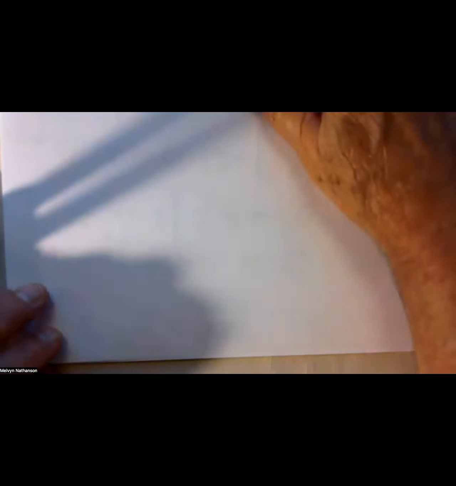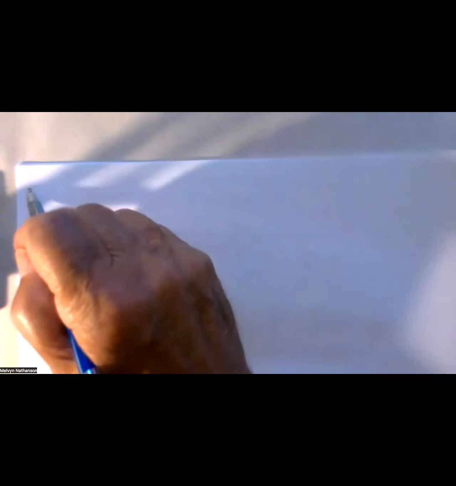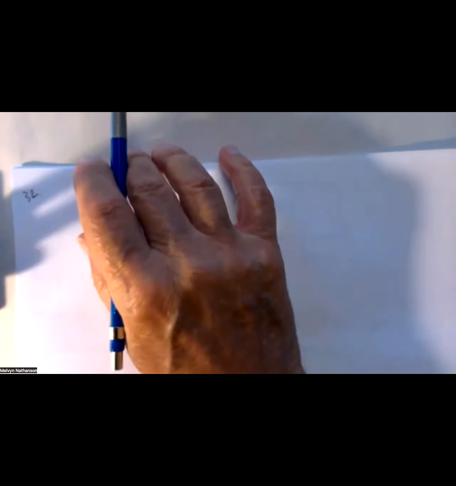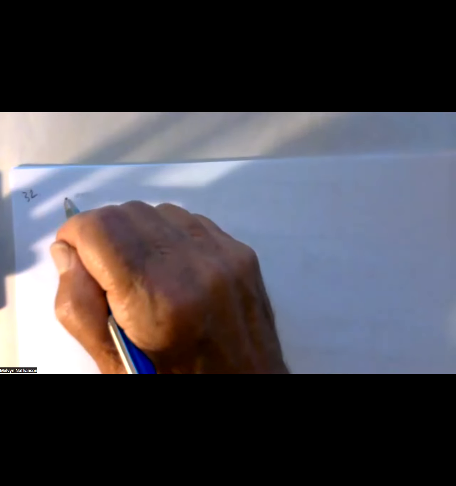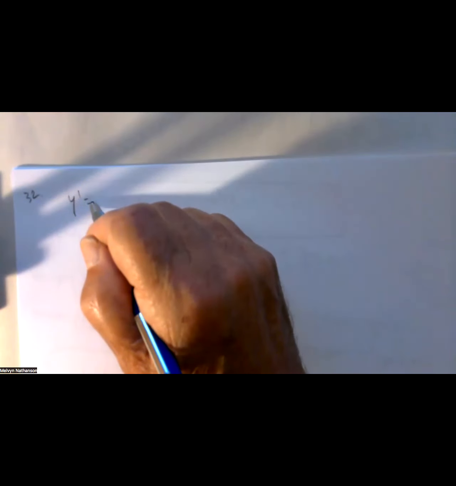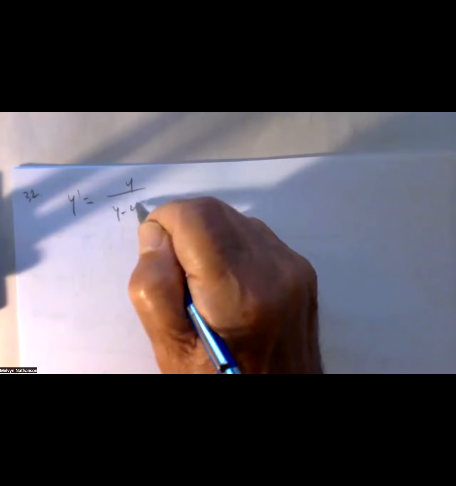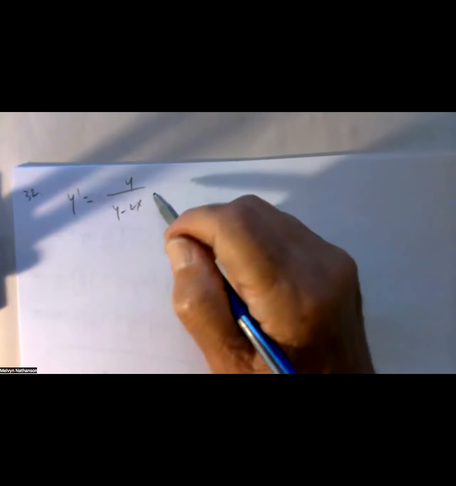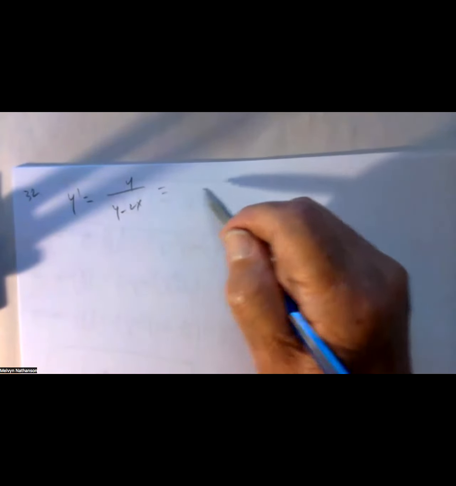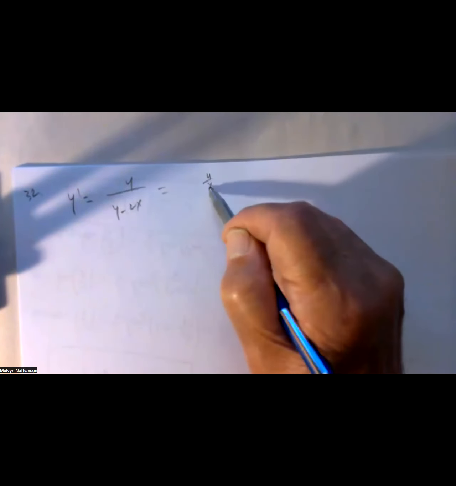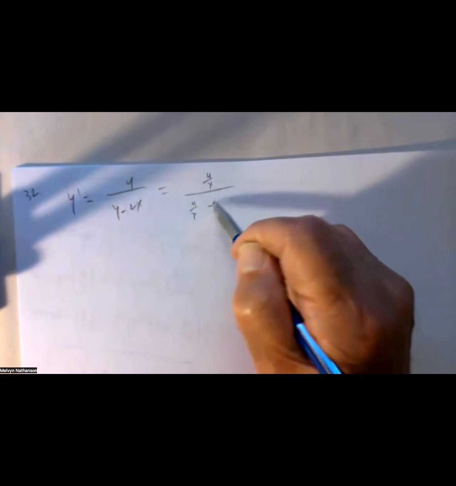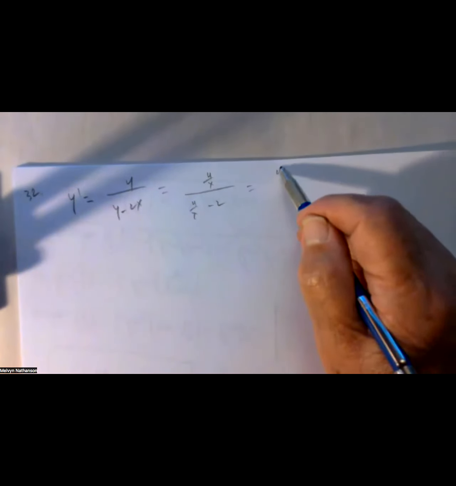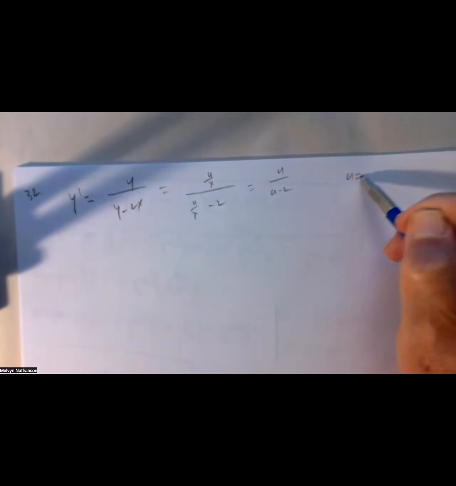Let's see. I'll try number 32. That was the last problem on the homework. Problem 32, we have an equation y prime equals y over y minus 2x, which if you divide numerator and denominator by x, you get y over x minus 2. So this is of the form u over u minus 2 if you were to let u equal